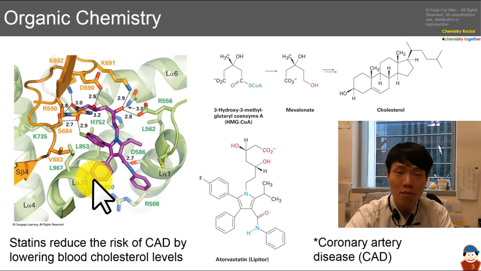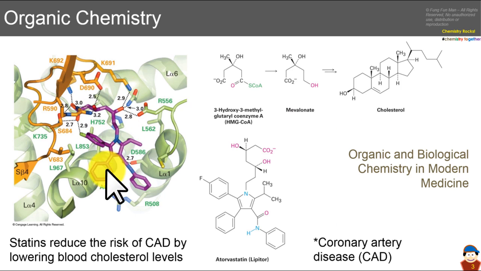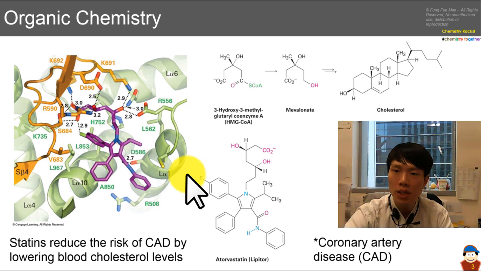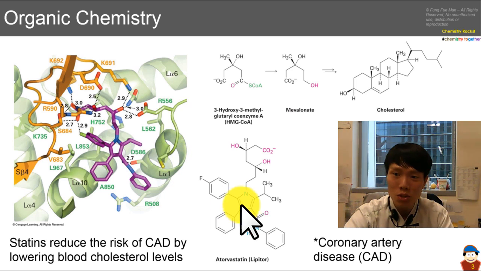This is a snapshot of a molecule called statins, and is one of the very important biological molecules you have to know, because that molecule reduces the risk of coronary artery diseases by lowering the blood cholesterol levels. Very complex molecule, has many functional groups. And why is it so special? Because CAD, coronary artery diseases, is directly correlated with blood cholesterol levels, and about 75% of blood cholesterol, which is worth 1000 mg per day, is biosynthesized. So drugs such as this molecule called statins reduce the risk of CAD by lowering the blood cholesterol level.